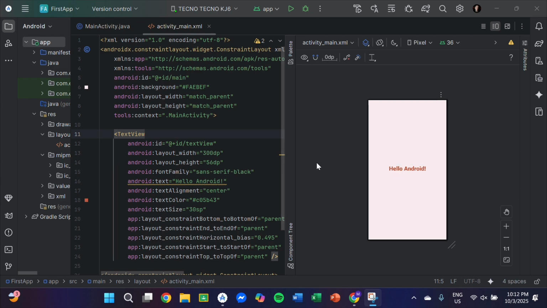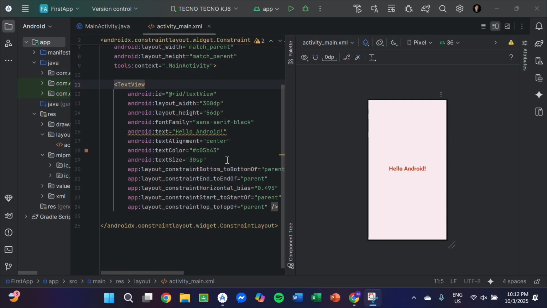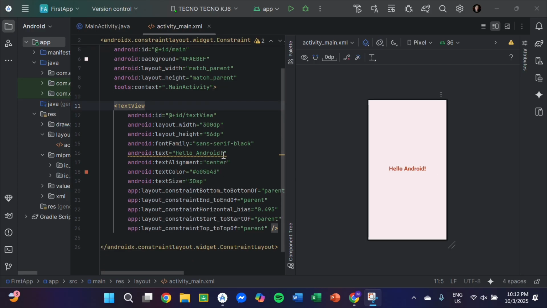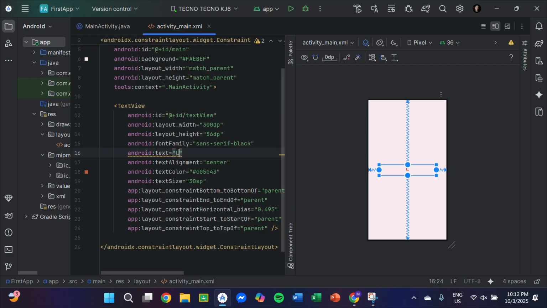So this one is the basic that shows up if we run our first application. Since we're creating a login, I will change this title for our UI. So instead of Hello Android, I change it into Login. And for the ID attribute, I have also defined login for better reading.